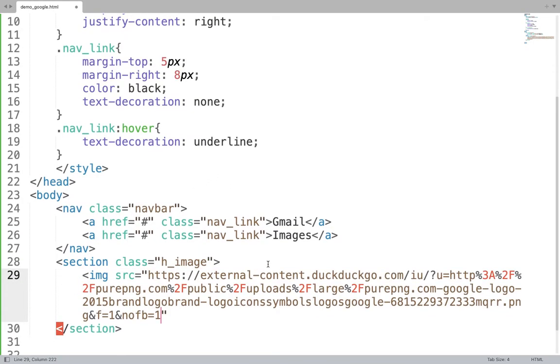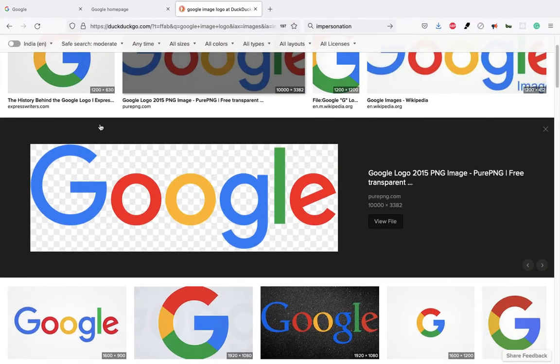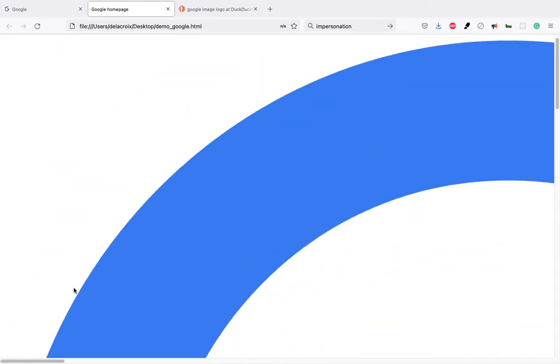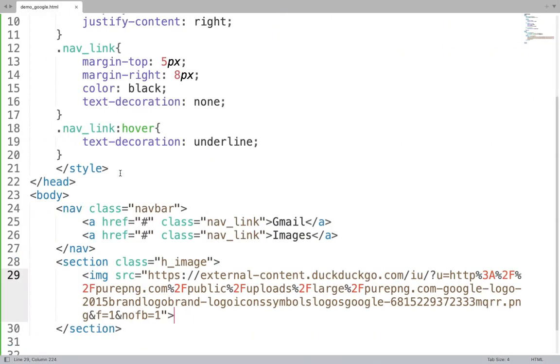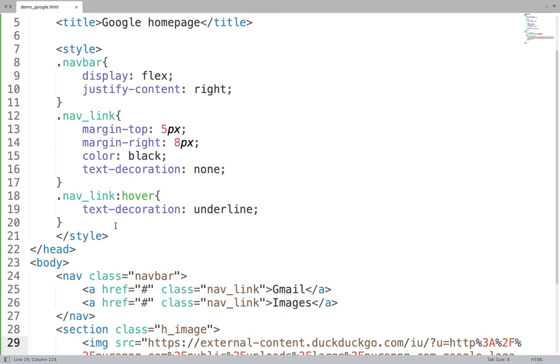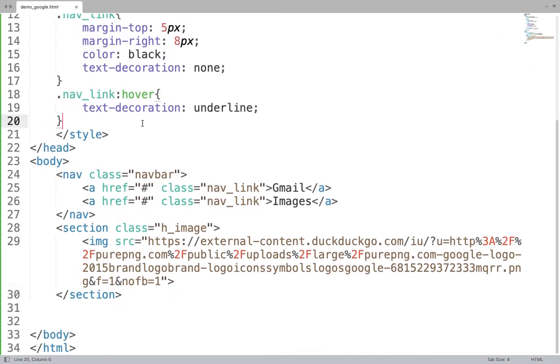So these images are copyrighted, right? So this is just for demo purposes I'm showing. Of course you can, so I added that image and then it comes like so. So big image has come, right. Now we'll have to adjust the width and the height, but we'll just first make it